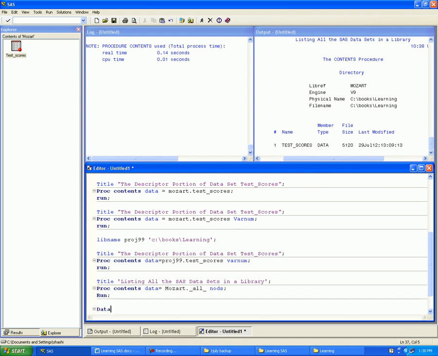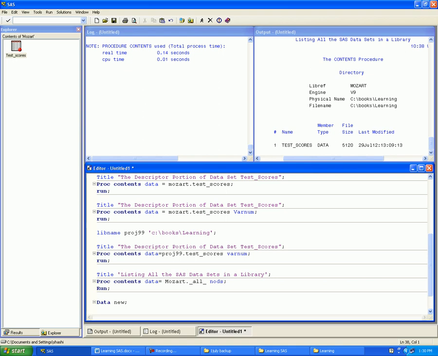Let's start off, create a new dataset, data new, set learn dot test scores,